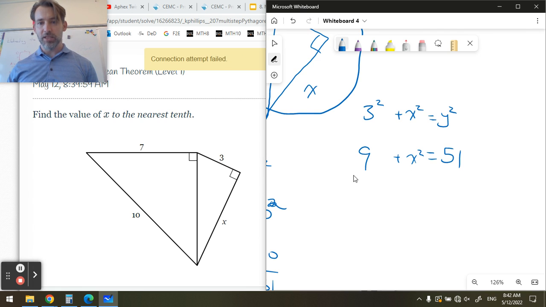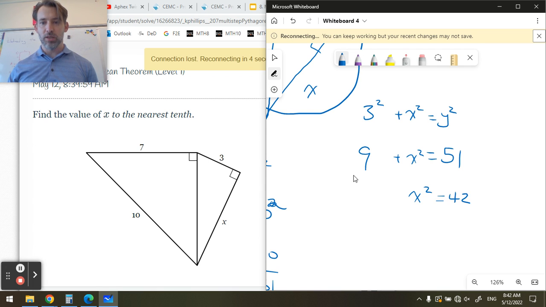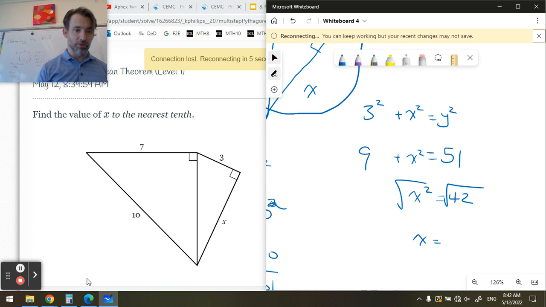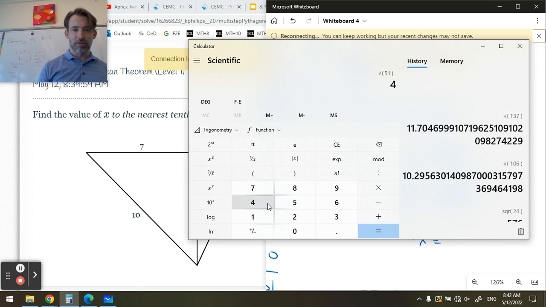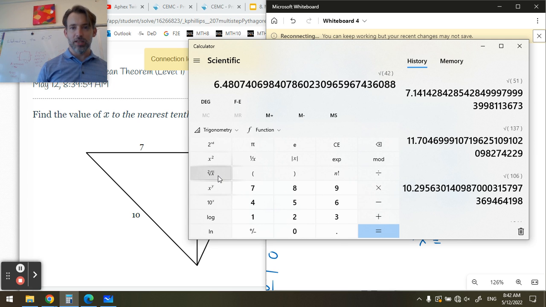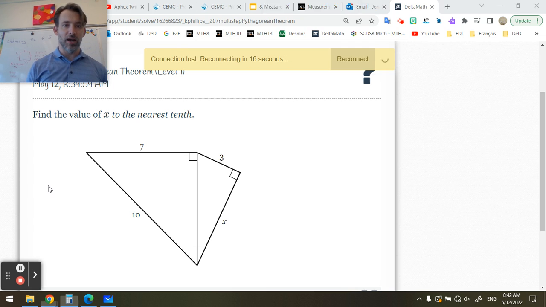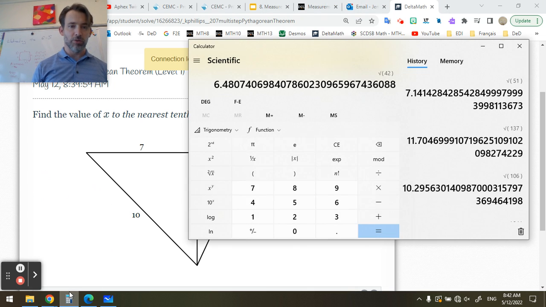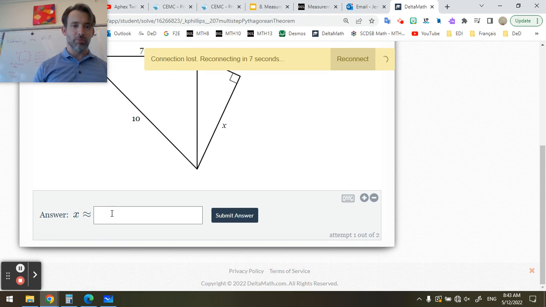3 squared was 9, and x squared is just x squared. Subtracting 9 from both sides gives me x squared is equal to 42. And then I take the square root of both sides, and that would be x is the square root of 42. And so let's find that out. 42, but I take the square root is 6.5, rounding to the nearest tenth. Notice that 6.48 rounds up to 6.5. So I put that in,